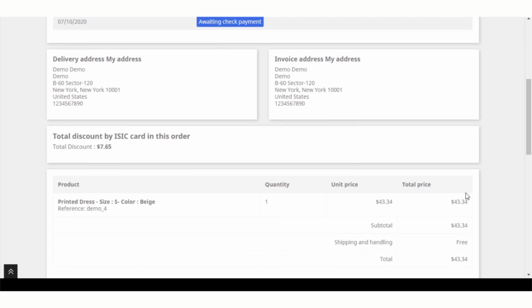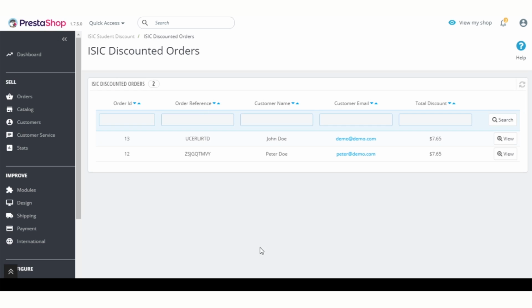When a customer uses the ISIC card to avail the discount on the order, then a record for that order gets created under the ISIC Discounted Orders tab. Under ISIC Discounted Orders, admin can view a list of all the orders on which customers have availed the ISIC student discount.